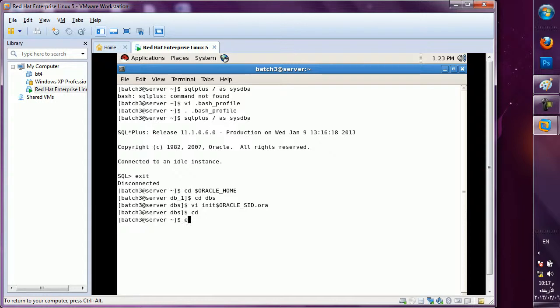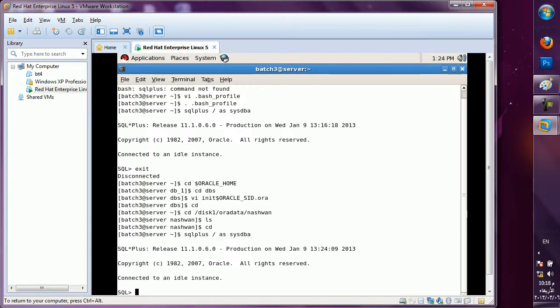See, first you check this one, oradata and NASH1, with the ls command. So is anything there? List. No, nothing. Yes, ls is to display files and directories. There is nothing. Empty. Now what I will do: sqlplus / as sysdba.